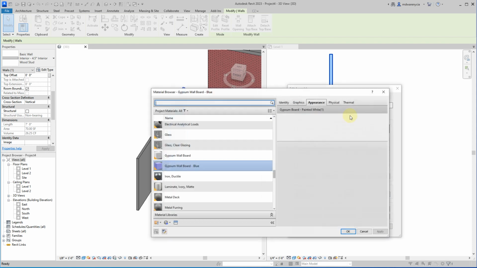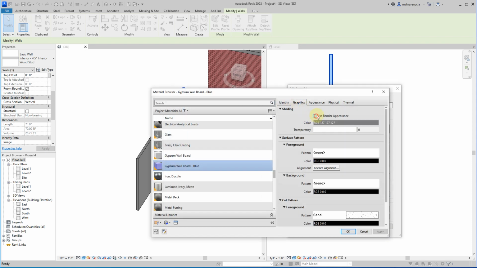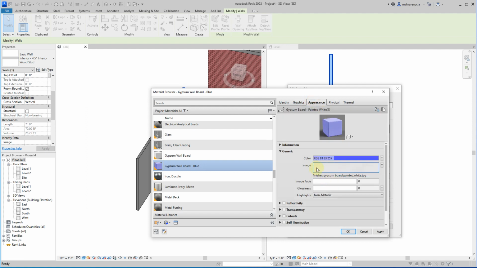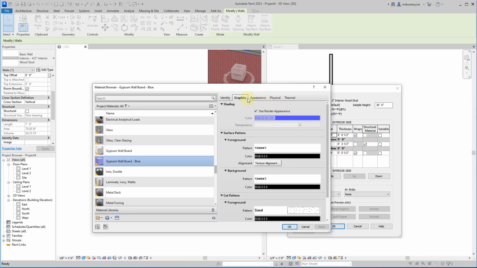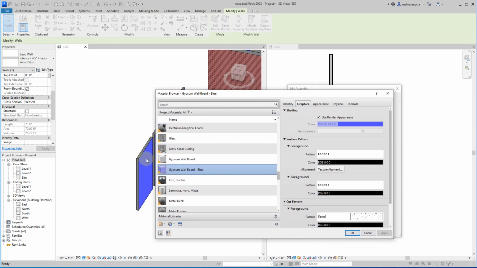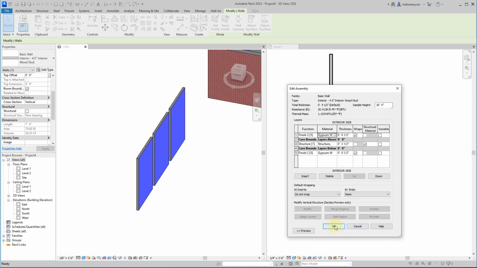I need to check use render appearance. Let's get rid of this image too. That should just make it easier to manage. Okay, so using the render appearance, it's now blue, and it did this to all of them. So if I hit OK,